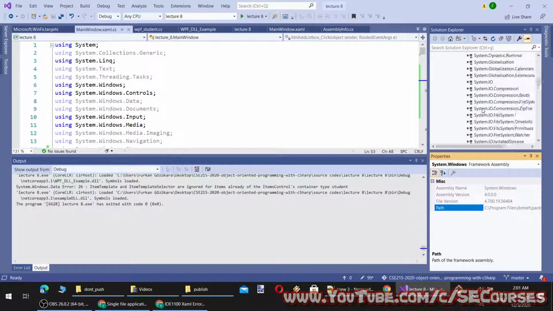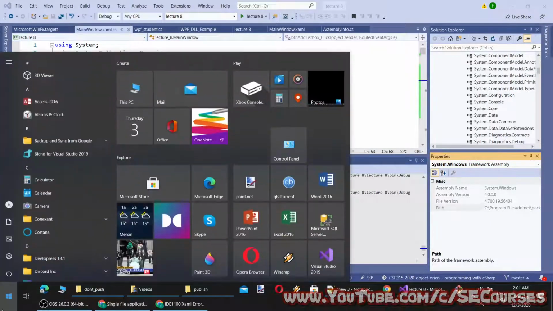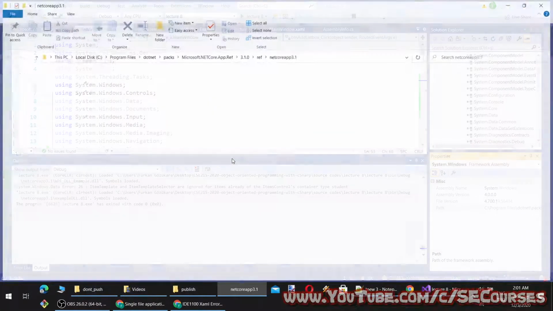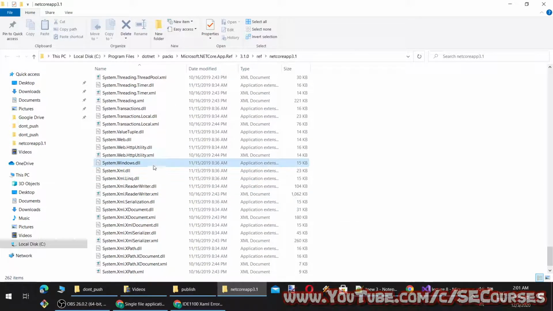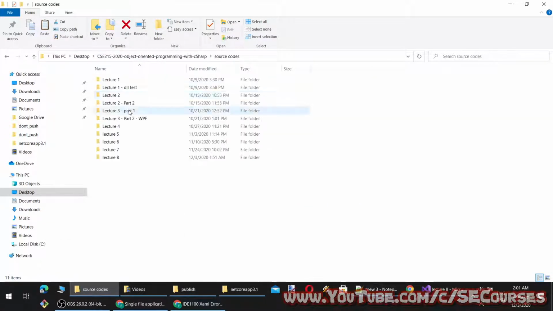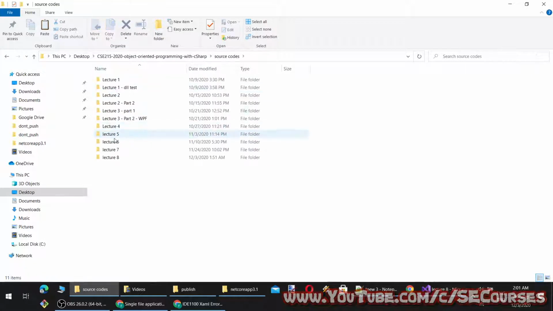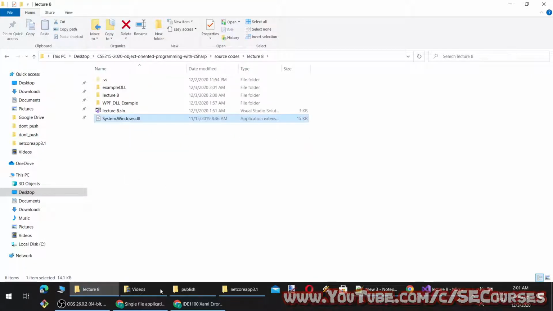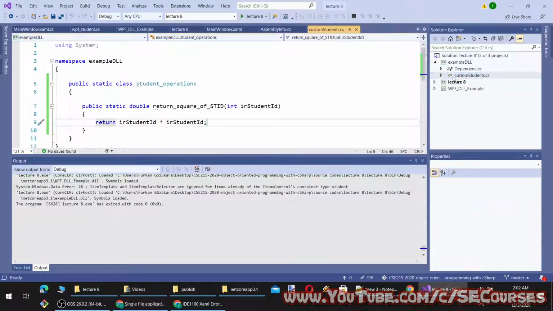I can also edit. Let's copy paste this file. I will open it here. Okay, let's open the location. It was here. I will copy and paste it to my external DLLs, and I will show you something else. Okay, let's copy and paste it into the lecture 8 folder, and you see we weren't able to inherit